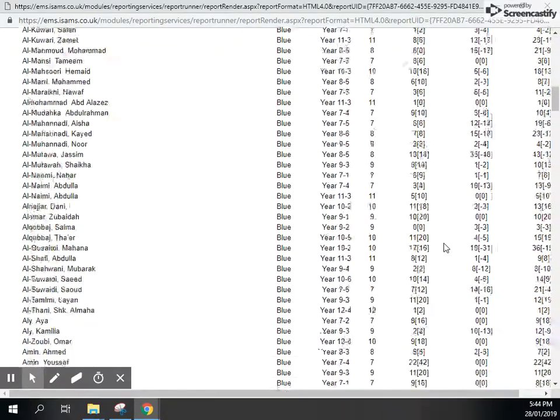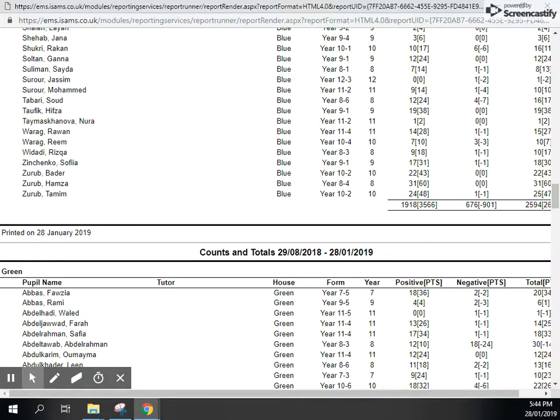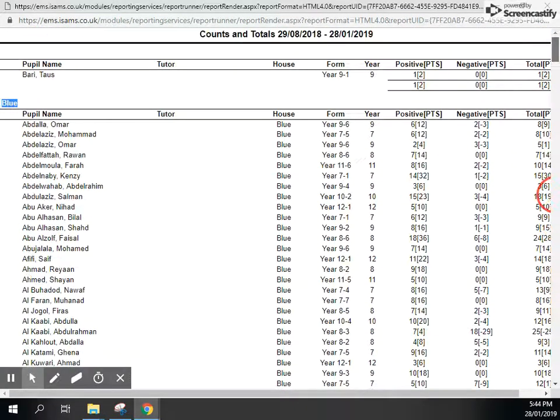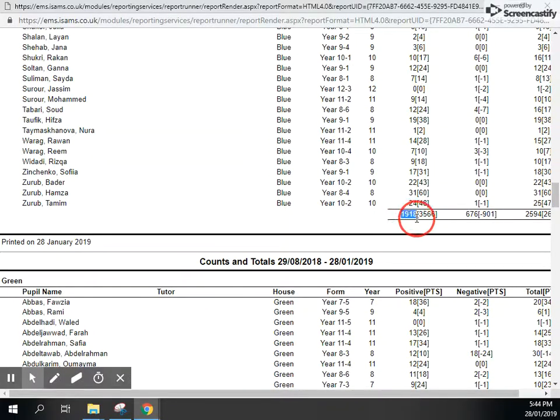House Blue, so if we scroll down to House Blue, I can see, there we go. So let's just scroll. I forgot which one it is. So positive, then negative. Let's go down. Positive is 1,918. Whereas negative is 676. So that's pretty good. I'll be happy with that. This is what I use to decide, okay, well, who's going to win competitions, who's going to